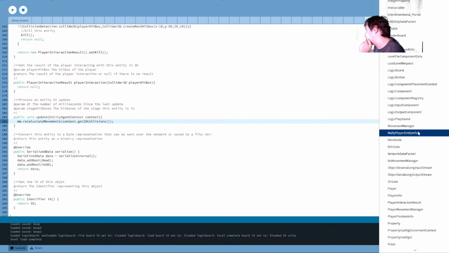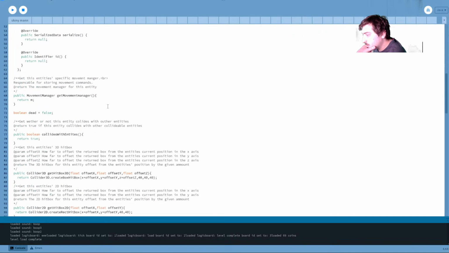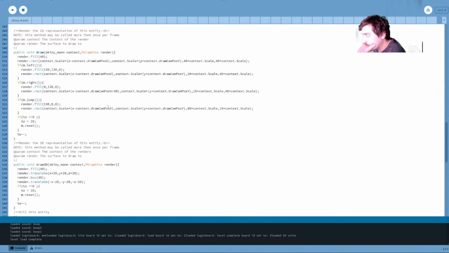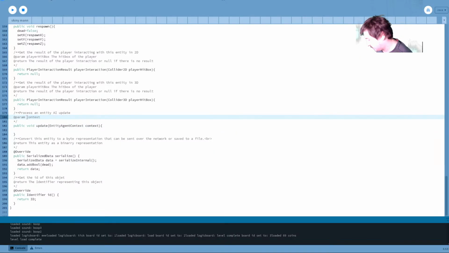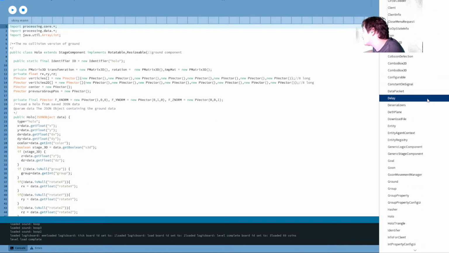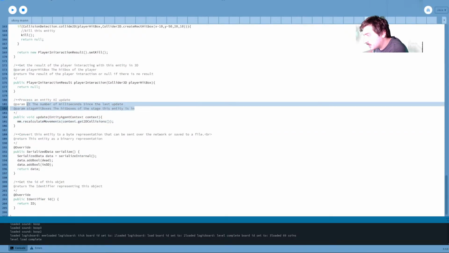Then my simple entity from my test world. This one does not actually care at all about the parameters. It doesn't even do anything with the update function now that I think. Yeah, the update function is literally empty in this one. Context. Alright, I didn't adjust the doc string of goon, did I? Yeah, no, I didn't.